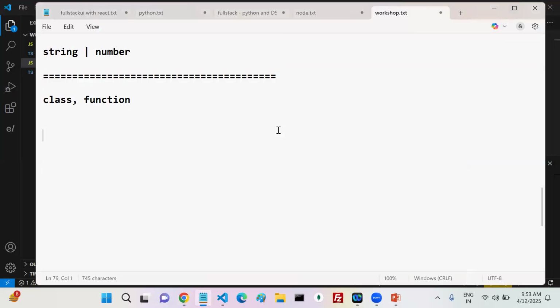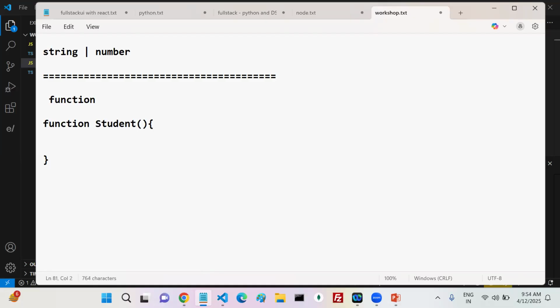There are two ways you can create a class. One is the class keyword. This is an ES6 concept, the advanced one. The other is the old one. But all the predefined classes are which kind of classes? Functional classes only. So how can we create a functional class? Can you create a class which is related to one student? How can we create the class? Can anyone guess? Function. Okay, student.